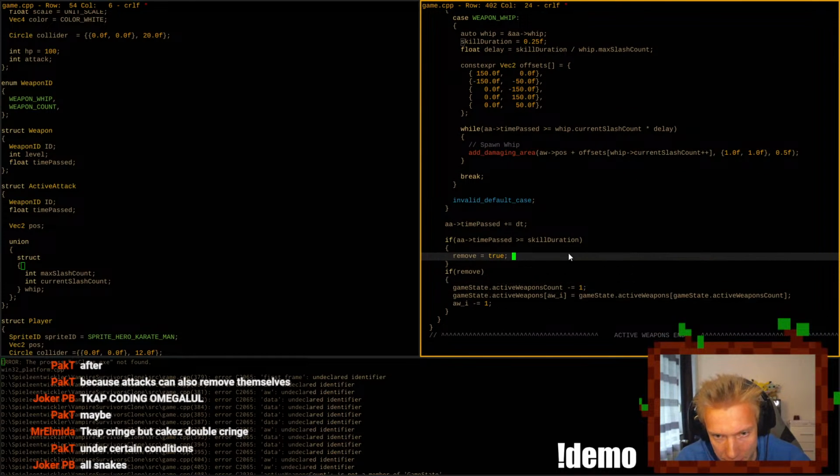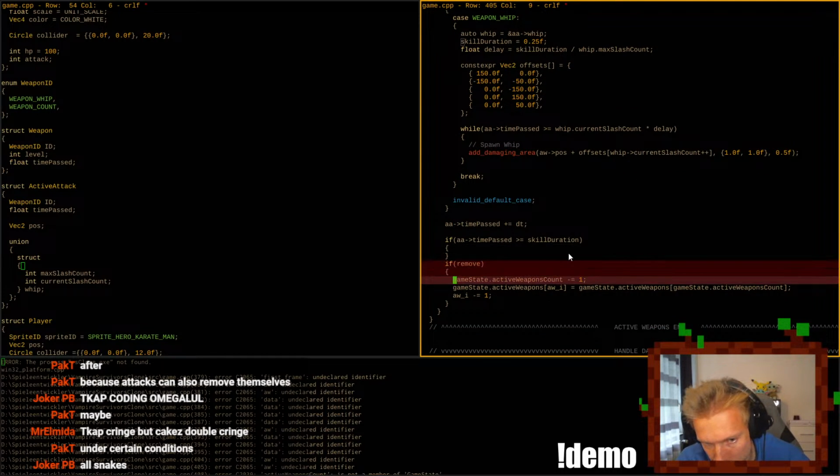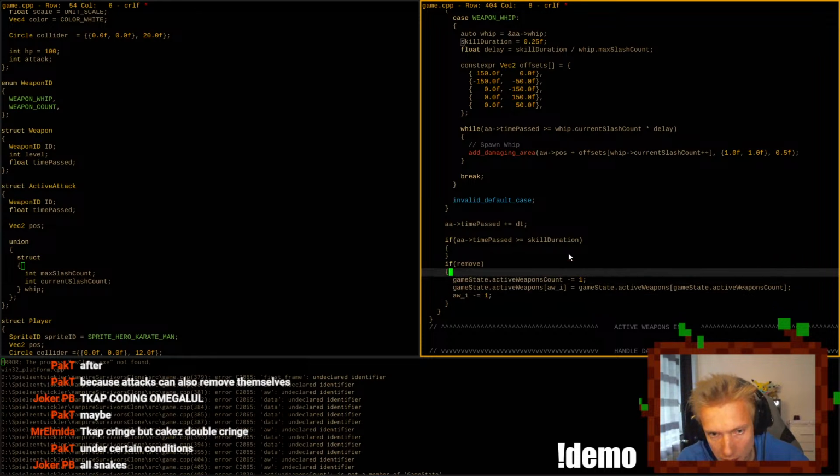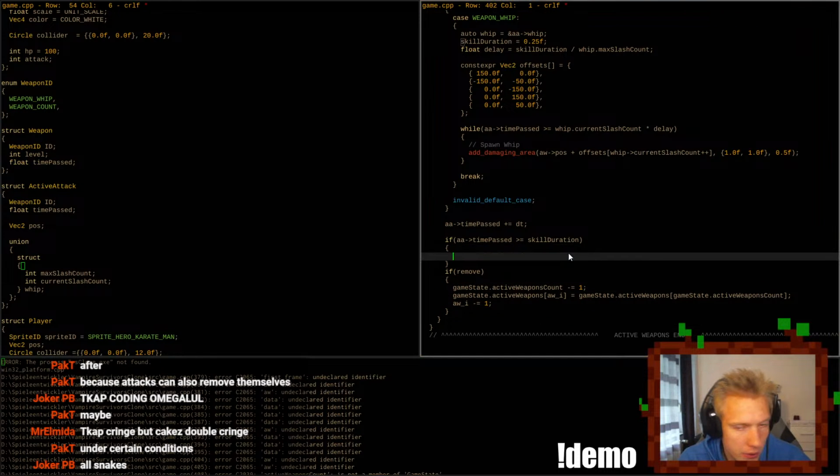And then, if the time passed is greater than the skill duration, what we do is we take the game state dot active, and you're gonna tell me if this is easier in the templated way than what I'm about to write, right? We have active attacks, not weapons.